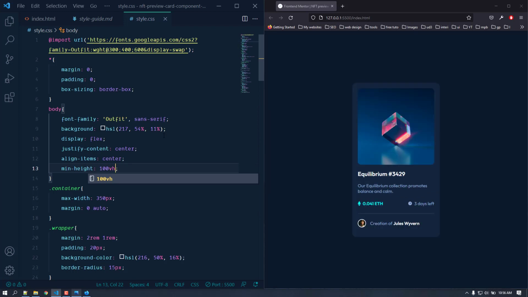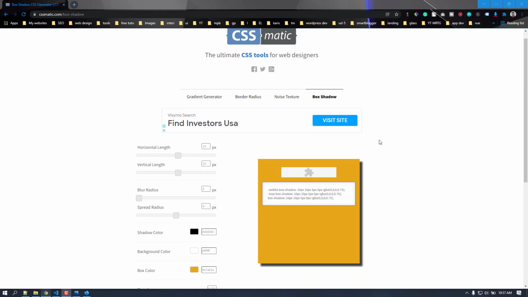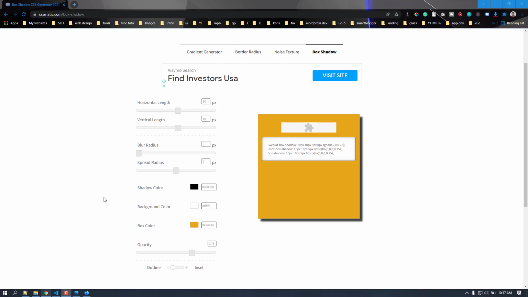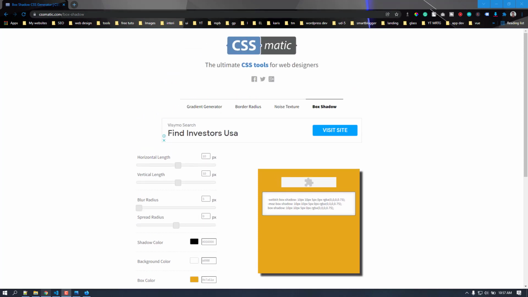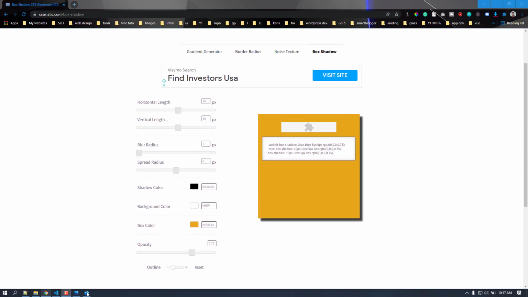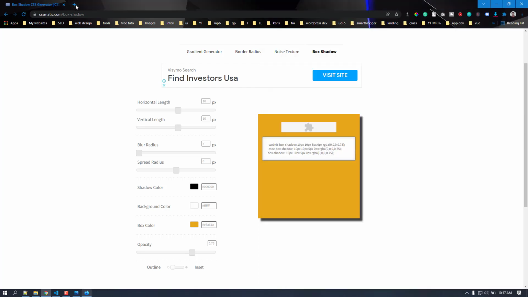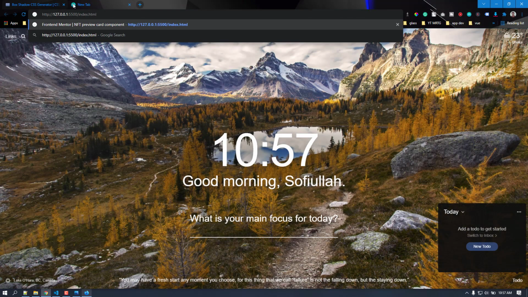Now we need to apply a box shadow with the box in here. So this is my favorite tool to create or generate the box shadow. This is called the cssmatic.com/box-shadow. And what we need to do is change the text. So let's grab this URL and open it up with the Chrome here. I'm just going to do that